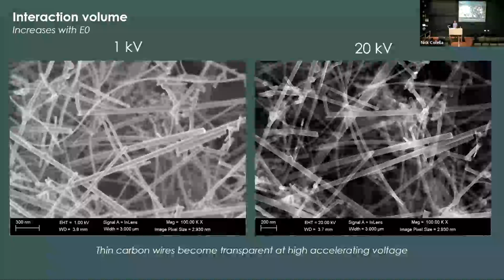On the right, at the higher voltage of 20 kV, they're basically transparent to the beam, right? So the beam is going directly through these thin samples. So we have very good sharpness, very good edge definition, but it can become a little bit complicated because we're basically seeing through them in a way that we lose a lot of information about the sample texture.